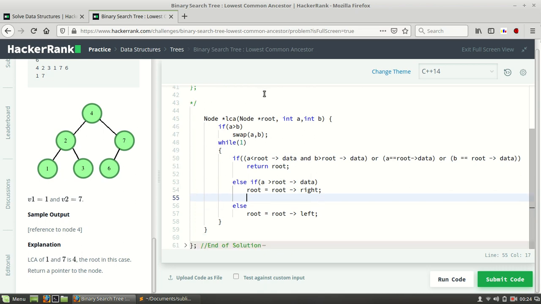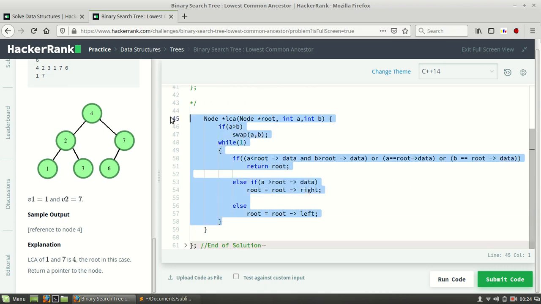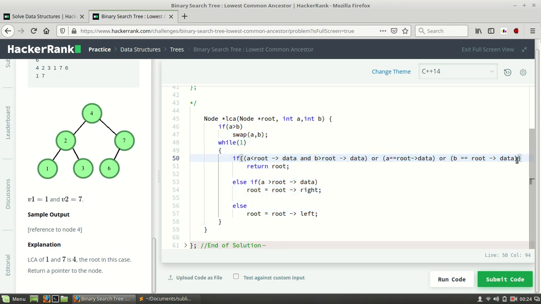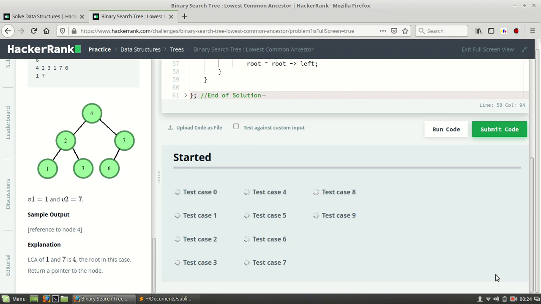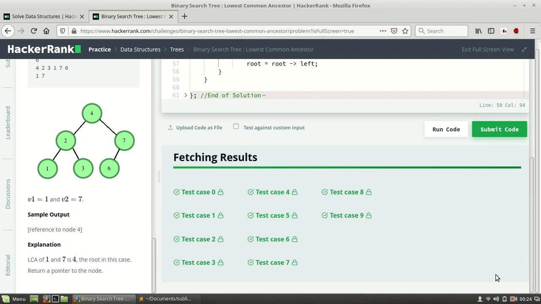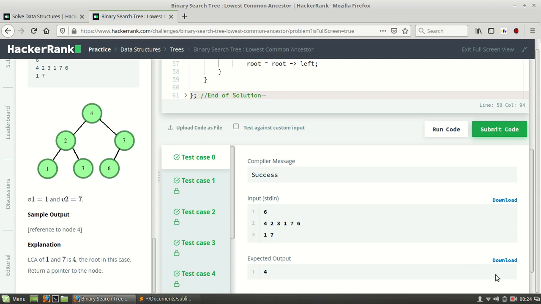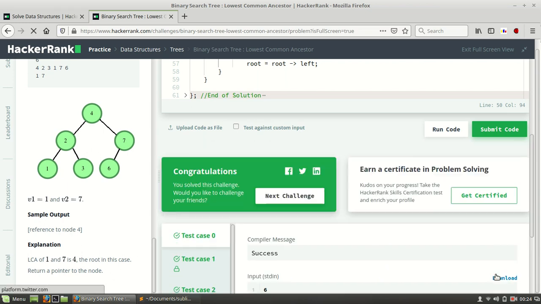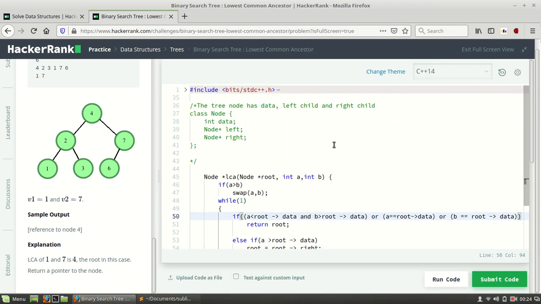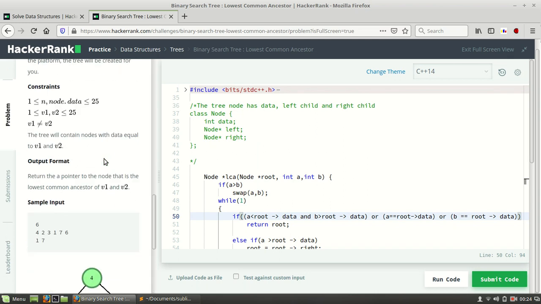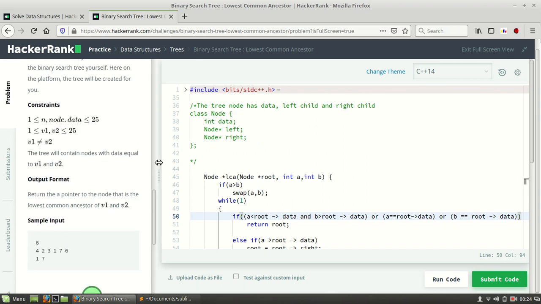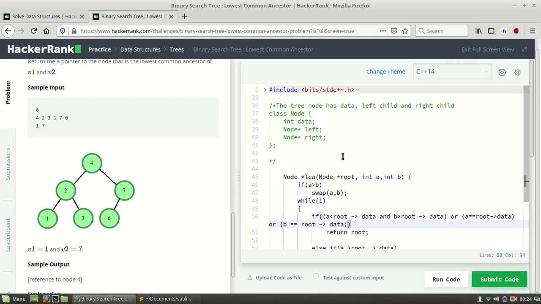So this was the function that we needed to build. Yeah, this is still here only, don't be confused, I have increased the width. So let me submit this. Hopefully we will get a correct answer, and yeah, we got a correct answer, nice.